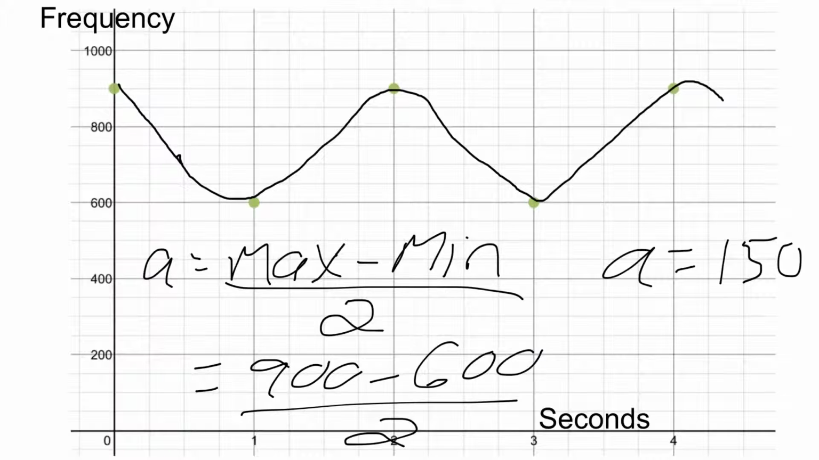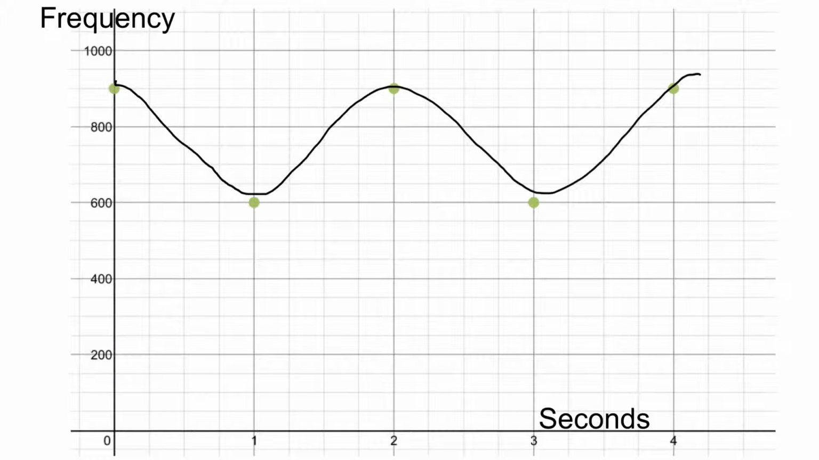What do we want to find next? K. Alright. How do we find K? We have to find a period. Our period is 4? No. What's our period? What do you think? 4 seconds. Why is our period 4 seconds? Because that's where